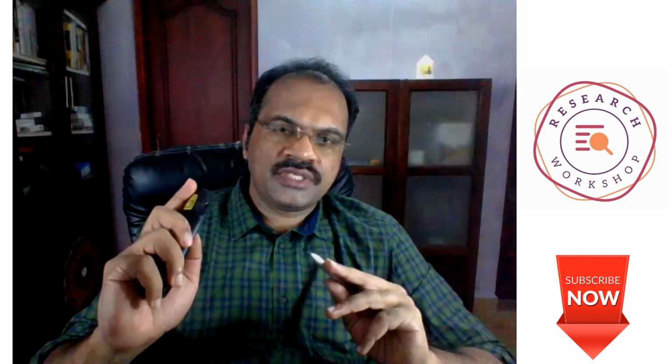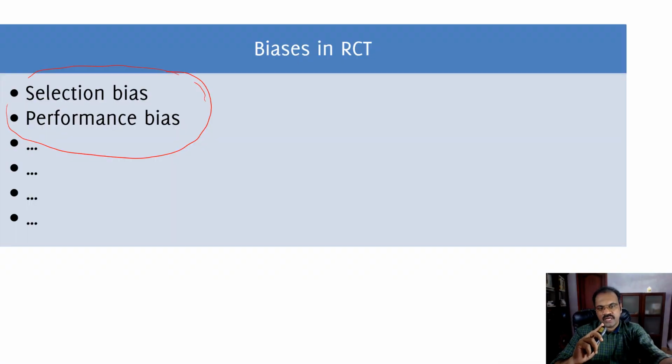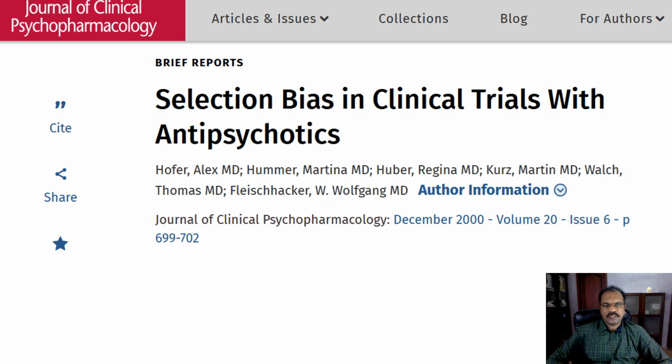But I told you that with randomization, in an RCT, the risk of confounding is less. At the same time, a randomized design is not fully safe from having biases. Even in RCTs we can have some biases, like the selection bias that we discussed earlier, and also other kinds of biases, especially performance bias. This is an interesting study about